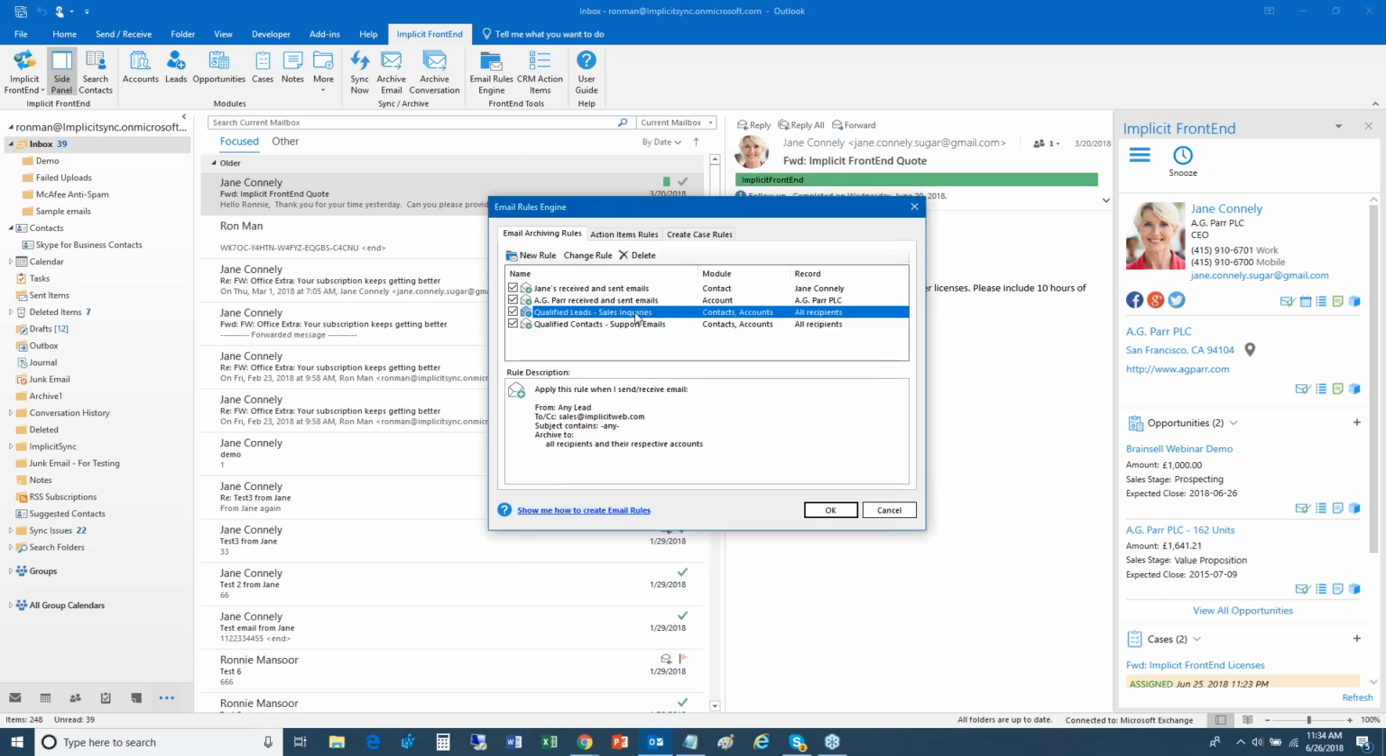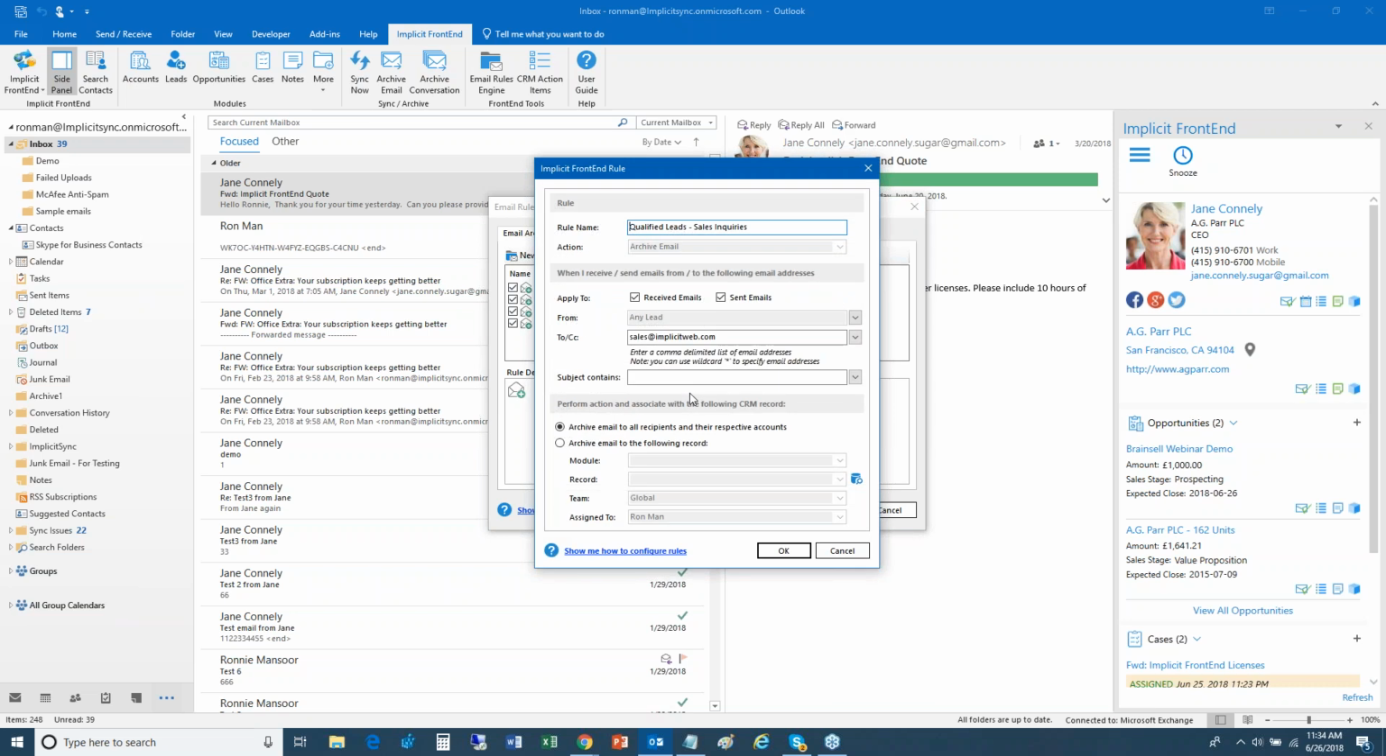Or you can go much more granular and create rules to match your own business workflow. So here's an example. I want to create a rule that says, apply this to qualified leads that are sending sales inquiries. That means it's both incoming and outgoing. Now, instead of a specific email address, I'm saying any lead. I can say any contact, any lead, account, whatever I want, which means that now the rule is going to